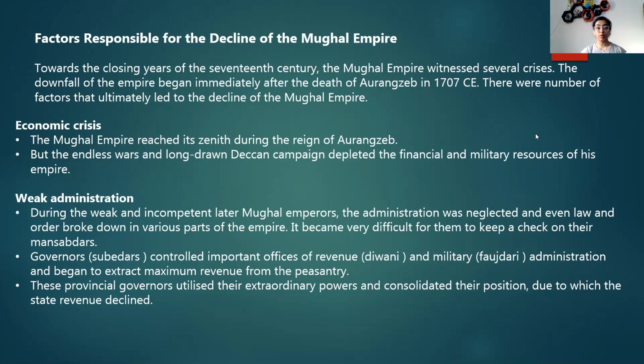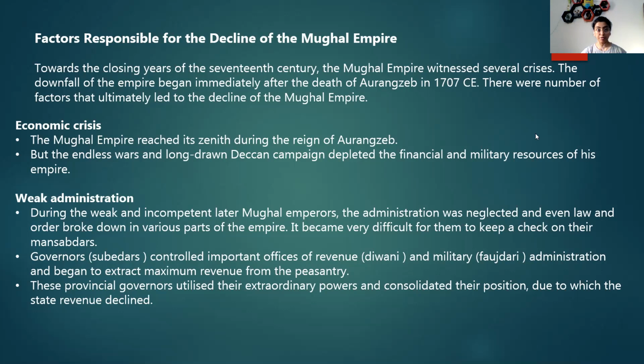All right, in our previous chapter we already learned that during the rule of Aurangzeb, the entire Mughal Empire was at its peak, because Aurangzeb was a very powerful and efficient ruler. Under Aurangzeb's rule, many wars also took place, and wars lead to what? Wars lead to the depletion of the financial resources, or the economic resources, or the military resources